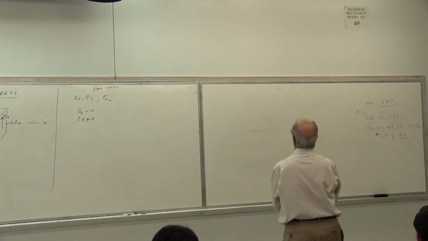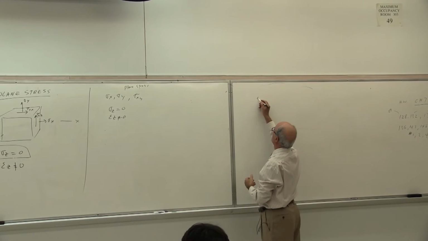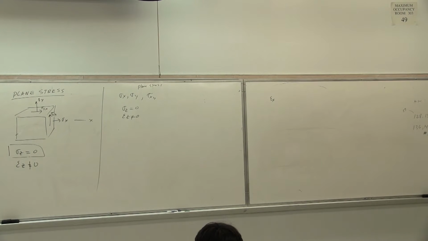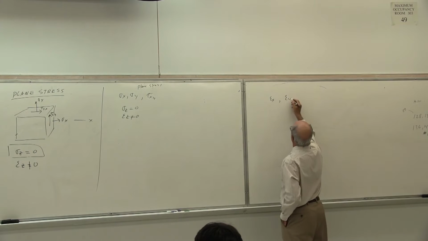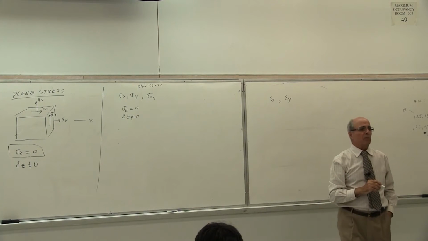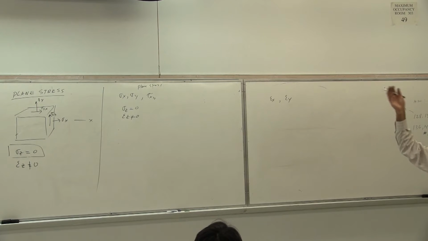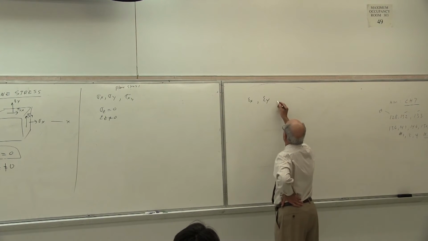This time we want to start from this point. Instead of sigma x in the testing, we are going to measure epsilon x. Is that correct or not? Yes? Then let's say that we want to measure epsilon y, yes or no? Then what do I need instead of tau? If I want to go from stress to strain, what do I need? I need gamma, that's right. So I need to give you gamma xy.